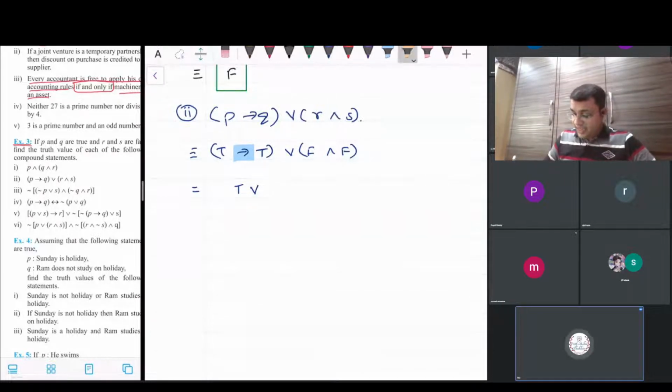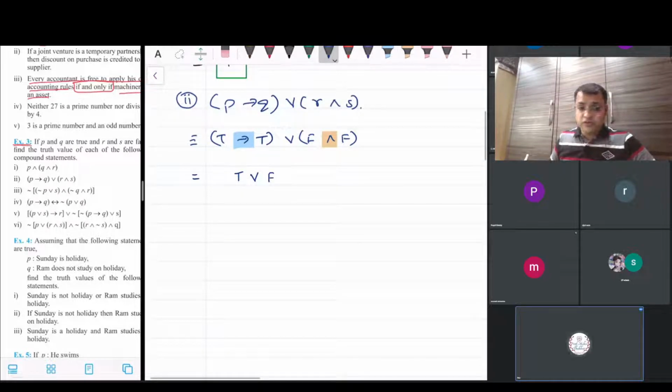In the second bracket, I am having AND statement. The rule for AND was that if both P and Q are true, then the answer is true. Otherwise, the answer is false. So this is the otherwise case once again, guys. So over here, the value comes out to be equal to false. Now I have to think of T or F. So what was the rule for OR? The rule for OR was that if both P and Q are false, only in such a case the answer is false, otherwise the answer is true. And here guys, the answer has to be equal to true.